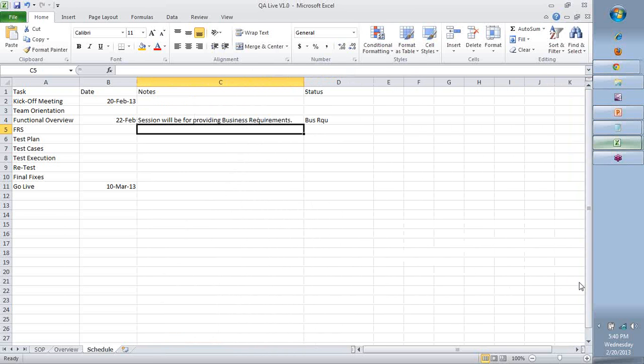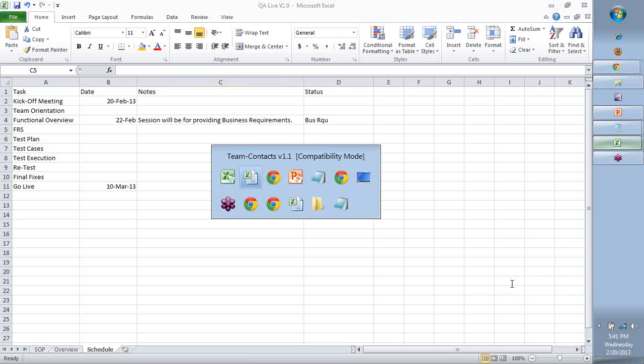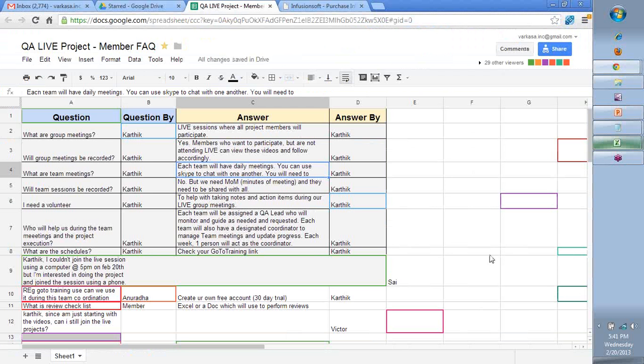I will not provide access to anything. I will not provide access to Jira or Bugzilla or Excel or anything. You find out and do it. This is a project that you're doing. I'm assuming that you already know that we don't have any budget, so there are no tools being provided. You have to use your own infrastructure and your own network, please. In fact, I would suggest all of these things you should put in the Google Doc. That is the reason I created the Google Doc, so that I could easily answer them there. All right.